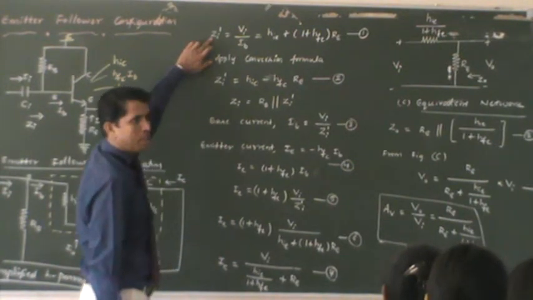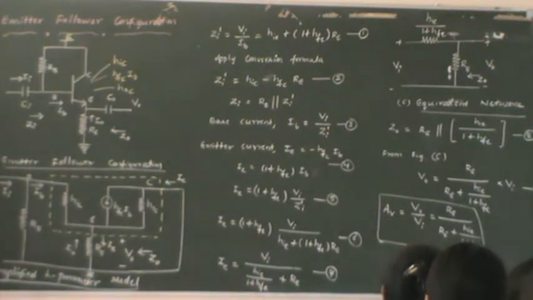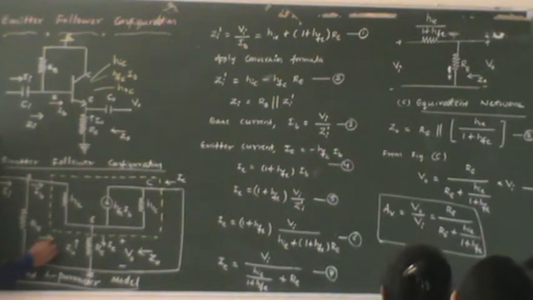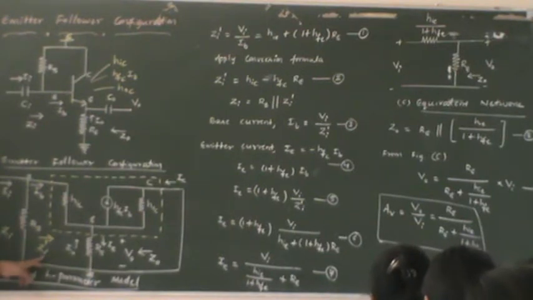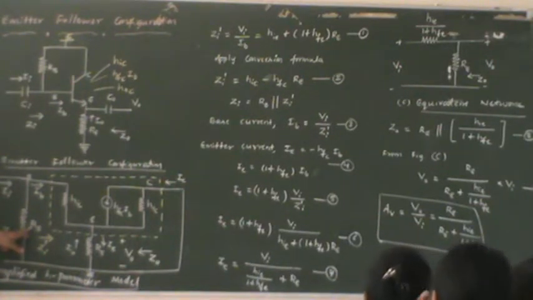Zi dash. Look at the circuit, what is Zi dash? Here they are not indicated as Zi dash, but there are two input impedances. Looking here, whatever the impedance is, let me call it Zi dash. And looking here, the impedance is Zi. The main difference between Zi and Zi dash is that Zi includes Rb, but Zi dash does not include Rb. You understand this? If you exclude Rb, the only impedance looking at the input side is Zi dash. If you take Zi dash in parallel combination with Rb, that becomes your Zi.